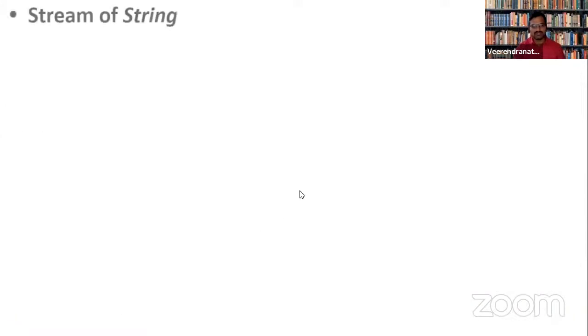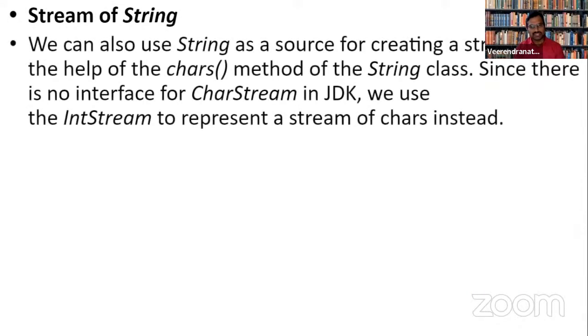And next, we will be looking at stream of strings. So when we say stream of strings, what is a string exactly? A string is a collection of characters.